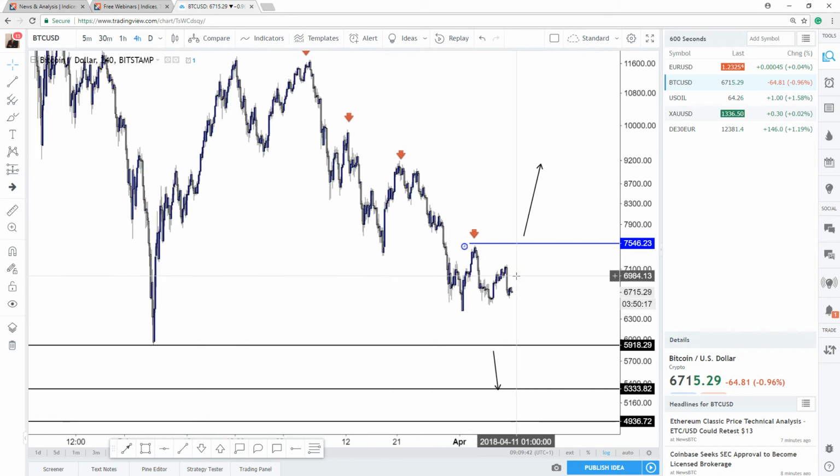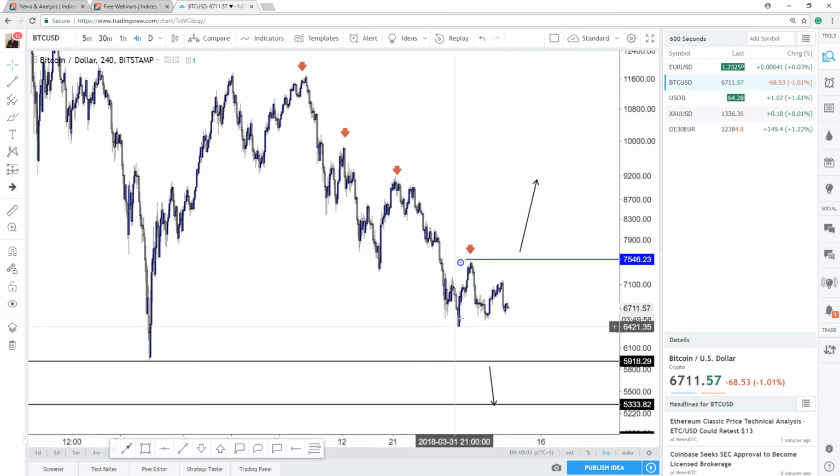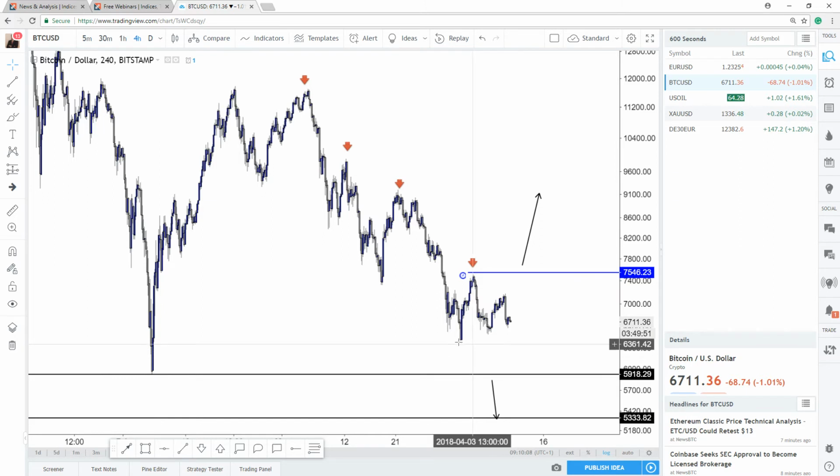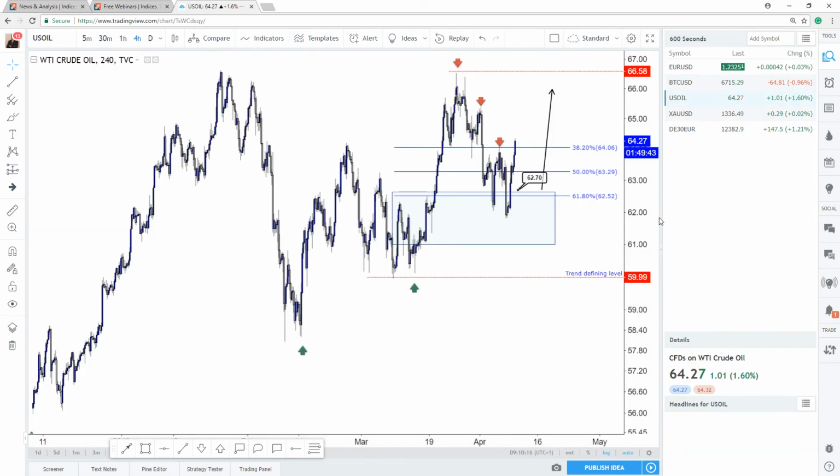And technically, I think as long as it stays below this high, we're probably going to touch the February low. Especially if we take out 6,403, most likely this market is going to accelerate and move to the downside. So keep a close eye on this low, which is the April low. Overall the trend is bearish and the market could easily slip to the downside. But I don't really want to sell right now. Check out some of the other coins. There are better coins where prices trade very close to the lows, and if we stick out the low, the market can easily continue to trade to the downside.